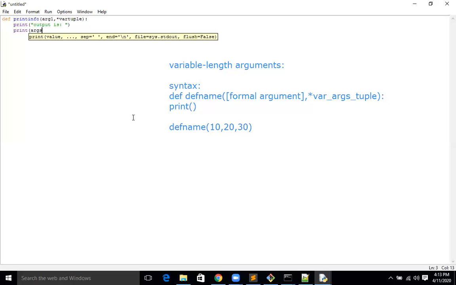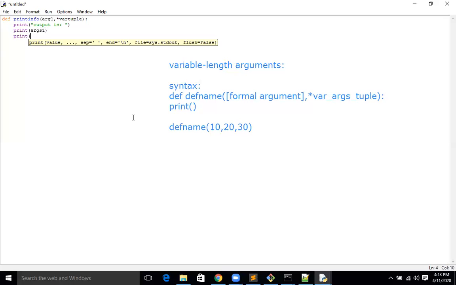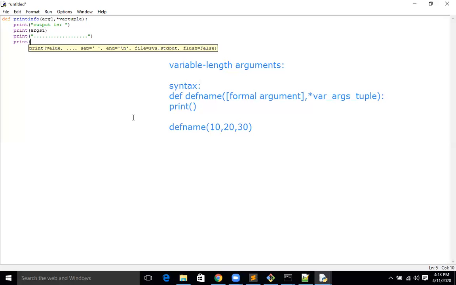First I print args1. Then, to access the rest of the data, because it's a tuple, if you want to traverse a tuple you use a for loop.